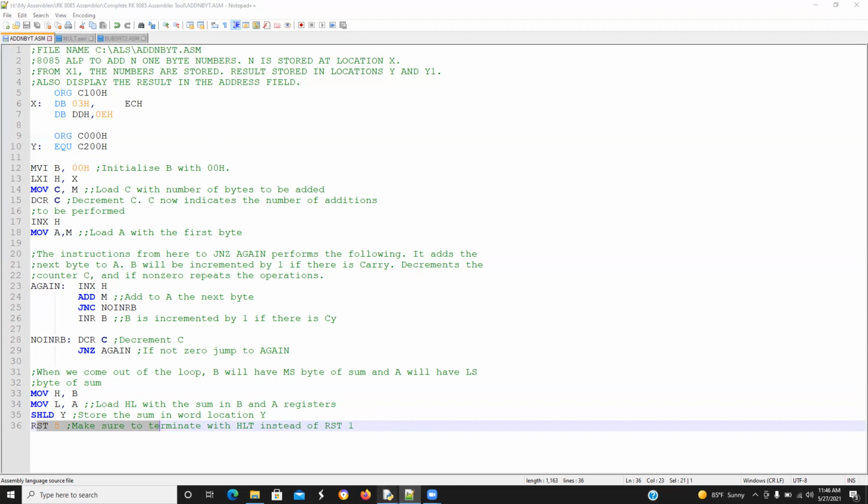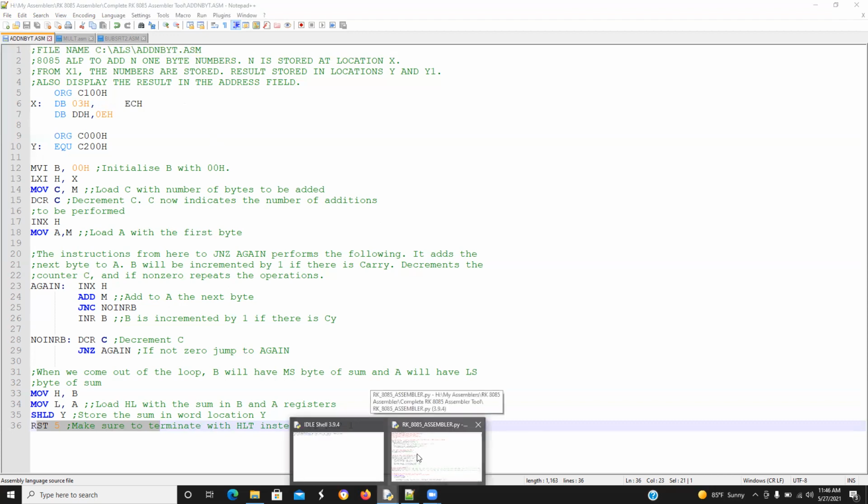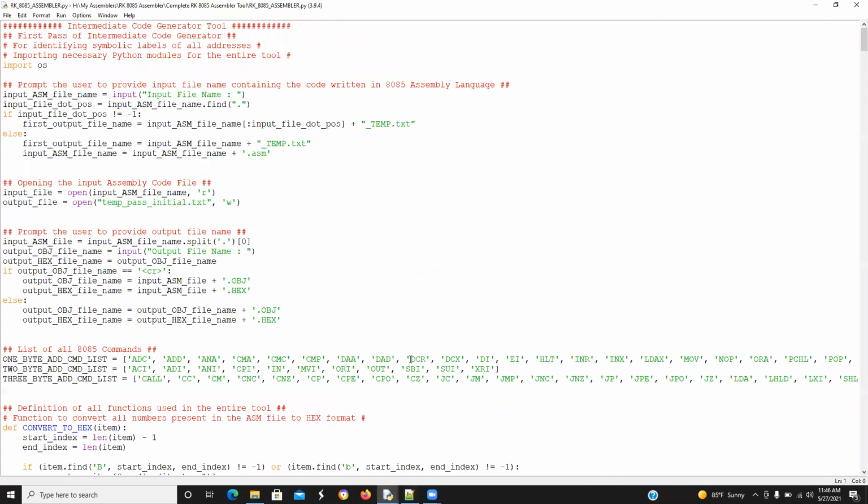Now just start my tool and see how it works. This is the entire Python script I have developed. It is very tough to understand and very sophisticated, a total of 1,400 lines of code, I believe. Just to run this, I will press